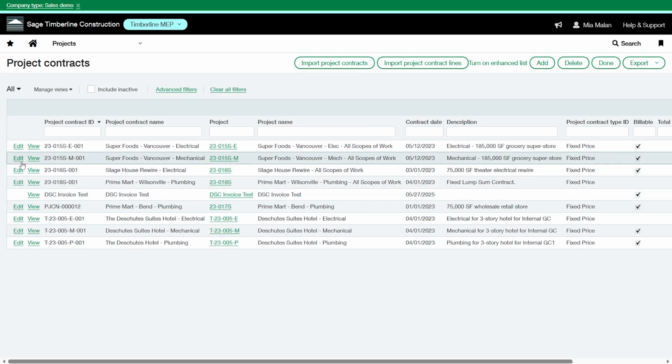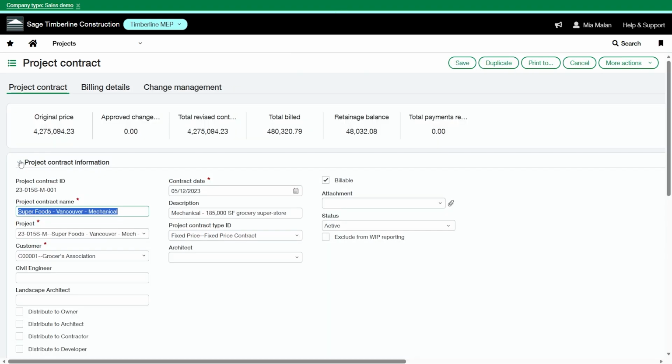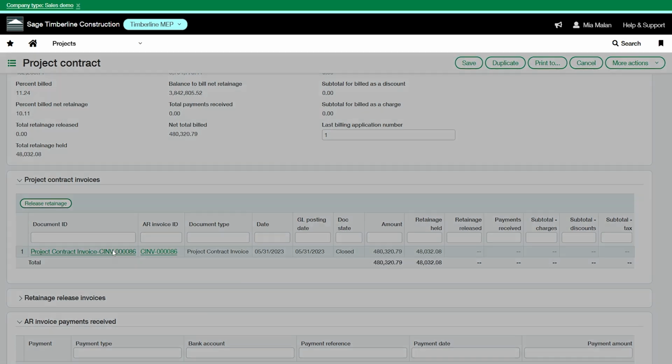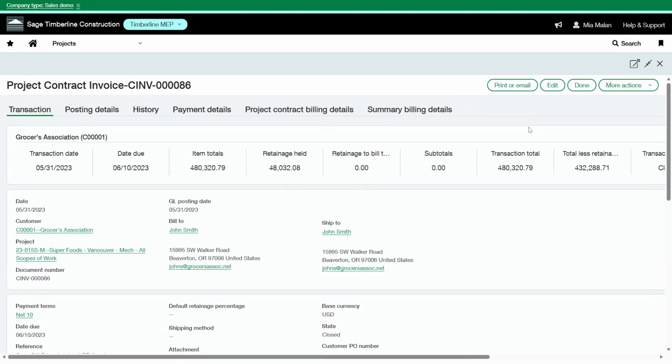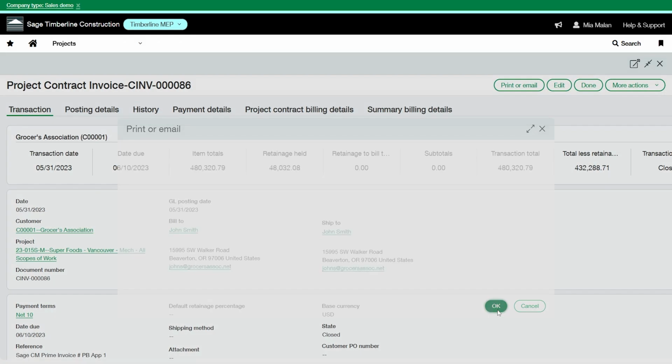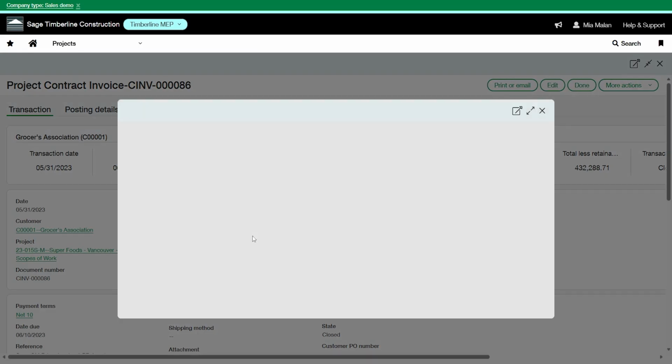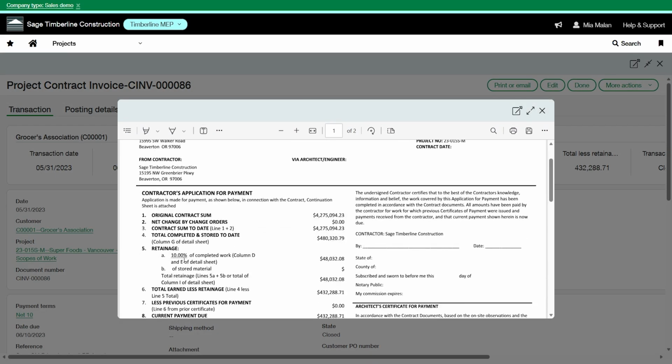So let's release on another contract. We'll pull up the project contract invoice that has been created. I'm just going to print it. And you'll see that we're still currently holding 10% retainage.